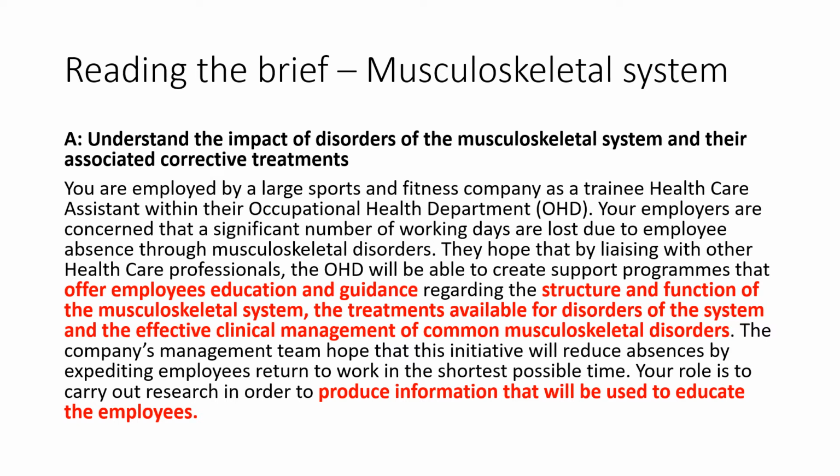So the title of this assignment is Understanding the Impact of Disorders of the Musculoskeletal System and the Associated Corrective Treatments. It's the first assignment, Assignment A, out of a series of 3. So the scenario is you are employed by a large sport and fitness company as a trainee healthcare assistant within their occupational health department. Your employers are concerned that a significant number of working days are lost due to employee absence through musculoskeletal disorders. They hope by liaising with other healthcare professionals, the occupational health department will be able to create support programs that, and this is the key bit, offer